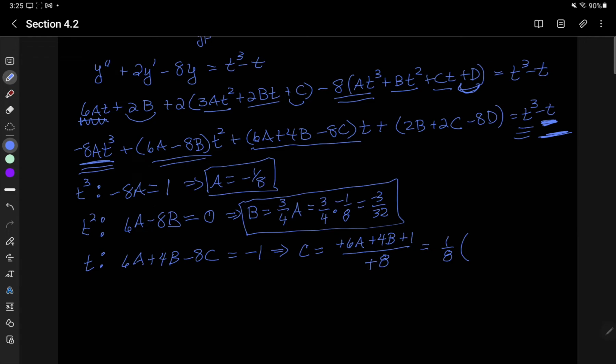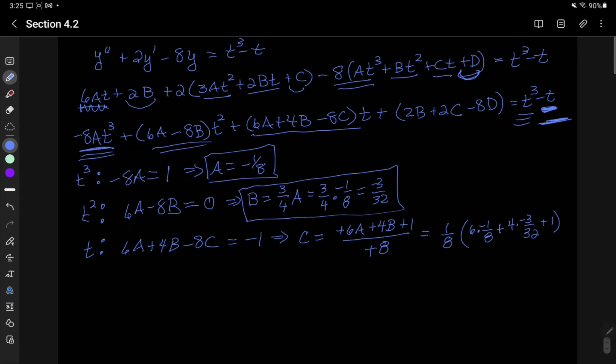I know that a is -1/8. So I get 6 times -1/8. That's 6a. And then plus 4b. b is -3/32. And then plus 1. So this gives me, I'll start back over here. C is 1/8 times,